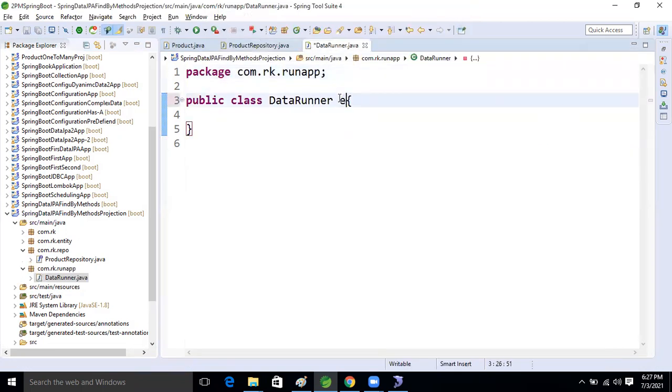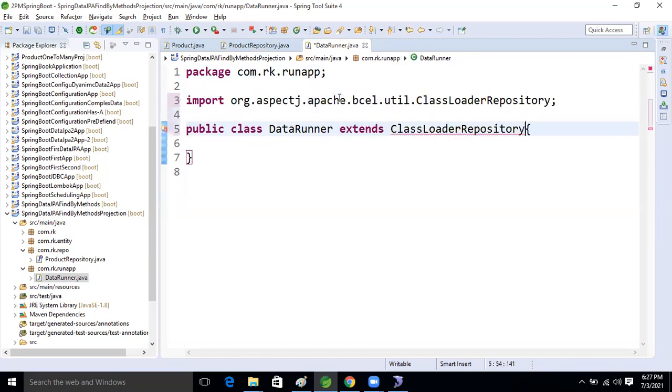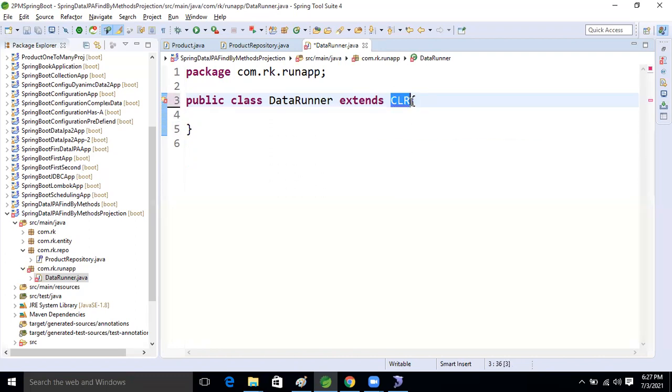Here it implements CommandLineRunner. Not extends, implements. Yeah, good.